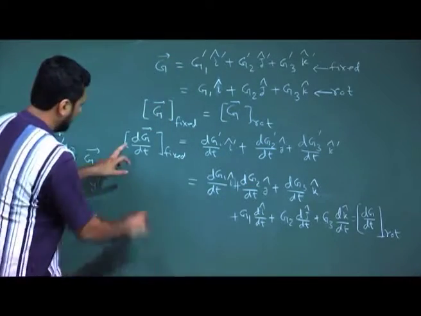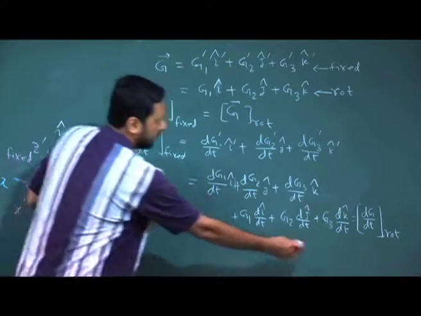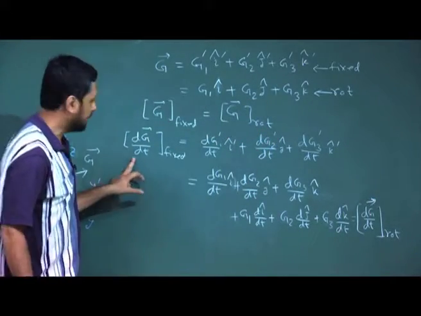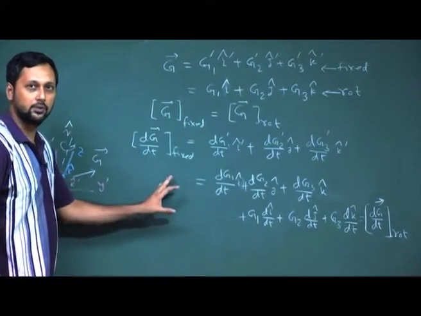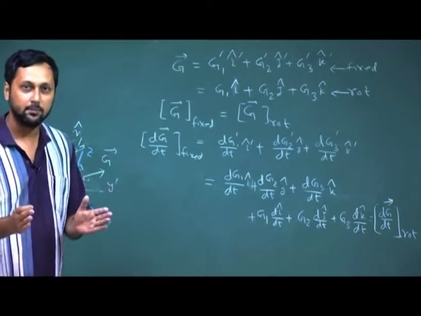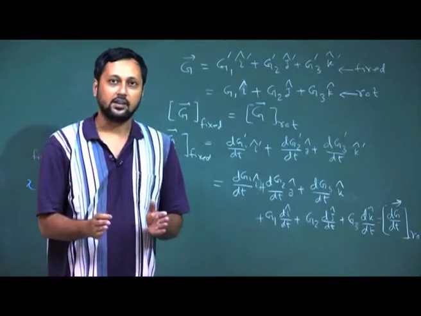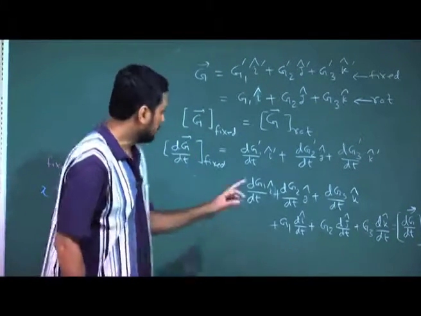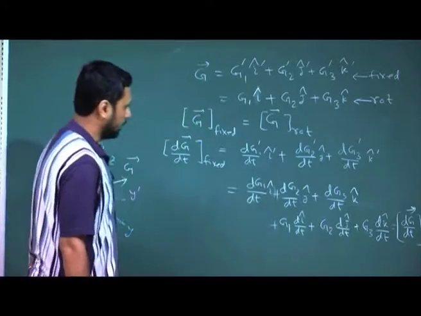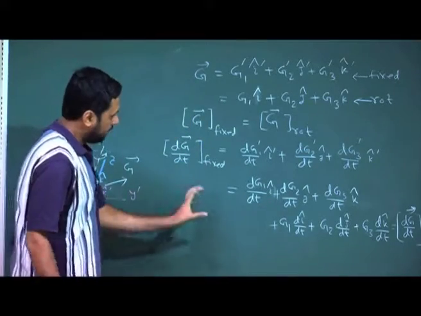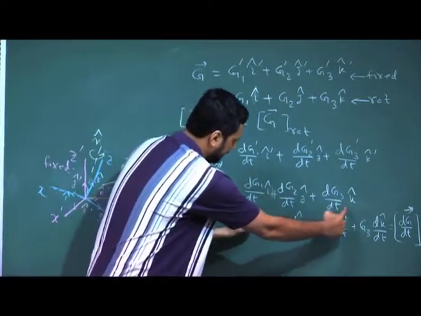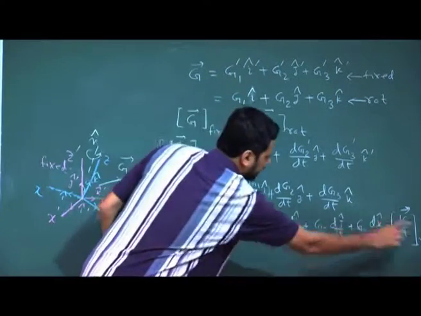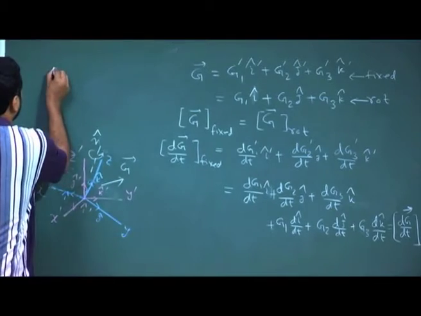So, on one side we have dG/dt fixed, on the other side we have dG/dt rot, which have to be equal, because irrespective of which frame we represent the vector in, the vector itself and also its time derivative have to be equal. So, these two have to be equal, right. Now, if we examine this,